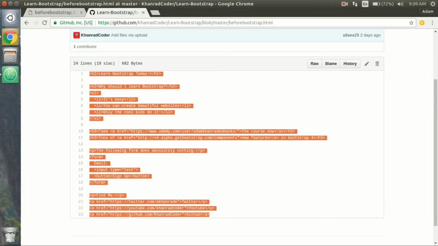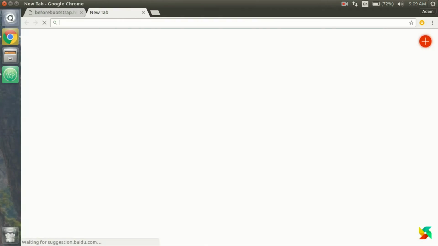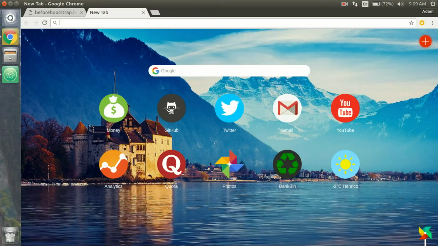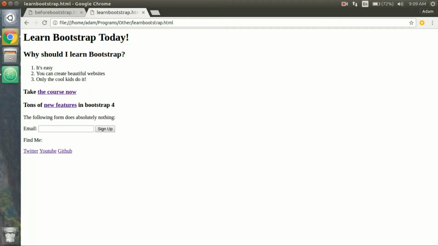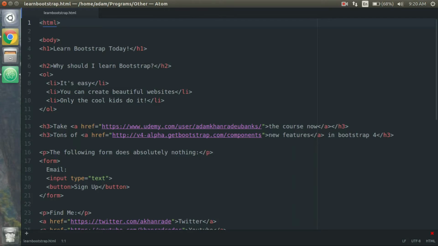Alright, so now let's make sure everything worked properly. So I'll open up a new tab, and I'll do Control O. I'll get our file, and you see it looks exactly like this file right here. So yeah, that's pretty much it, guys, and in the next video we will start working with implementing Bootstrap into our file now. Sweet. Alright guys, so in this video we are going to import Bootstrap 4 into our application,